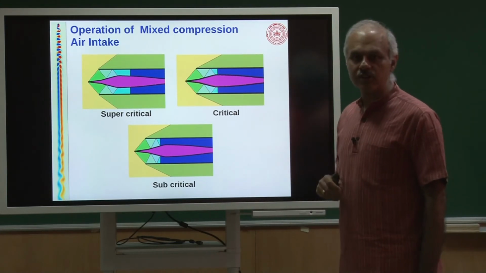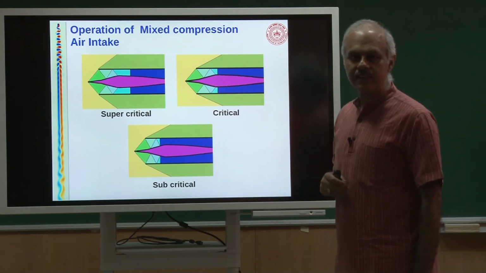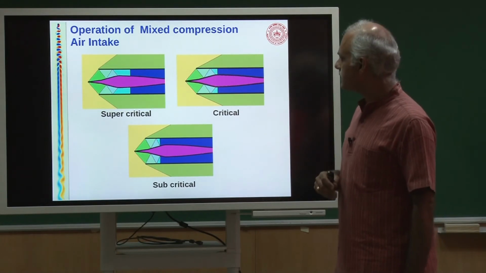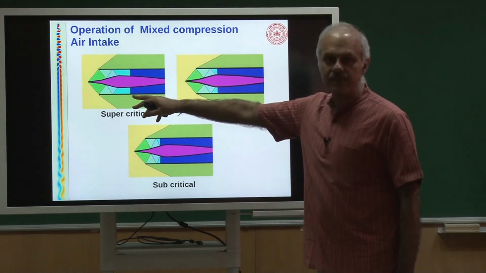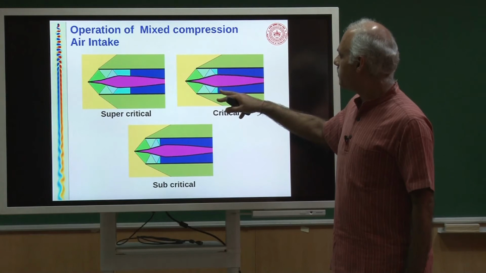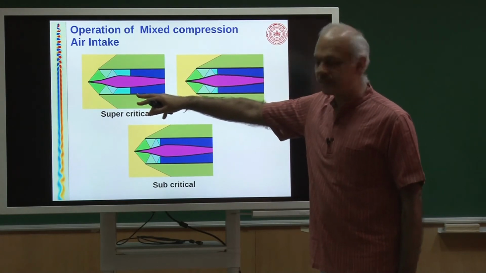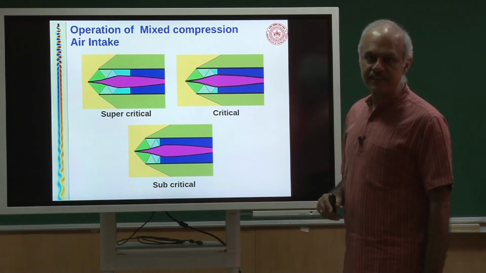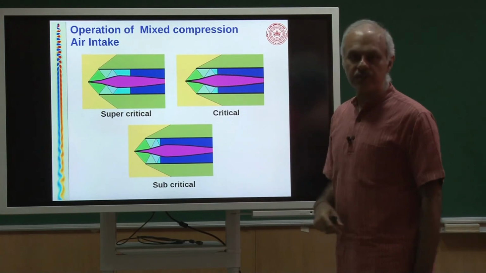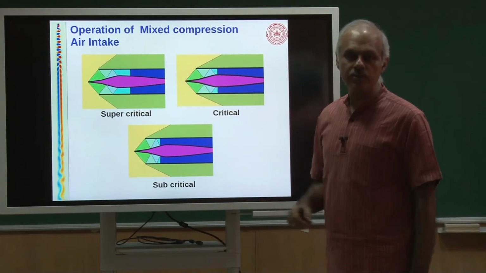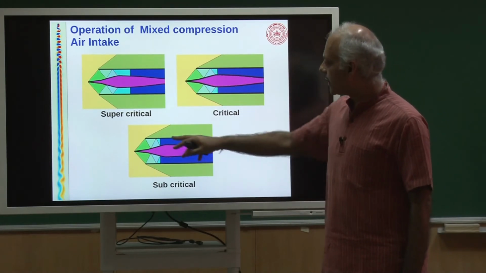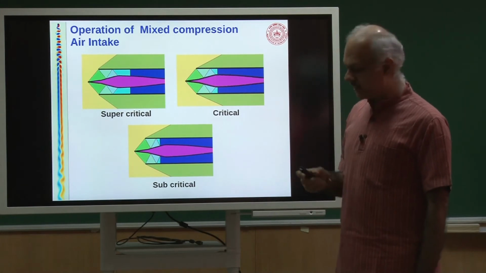As you know, across a shock you would have pressure loss, the density will increase, and so on. So, the total pressure loss is the one we are talking about. So, supercritical operation is stable, critical is neutrally stable, but it is most efficient. This one could be inefficient, and the subcritical is a disaster. That means the shock has moved upstream, and once it moves upstream it is unstable. So, it can be expelled out, and then you can get an unstarting of the intake, which means you will not get enough mass flow rate through the engine, and your engine could flame out.